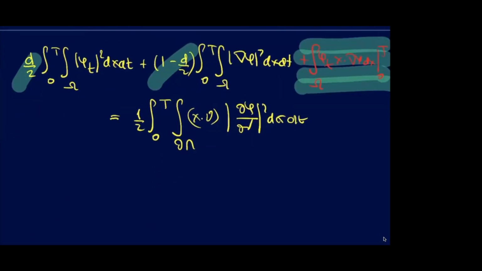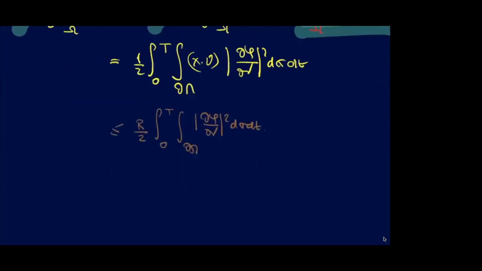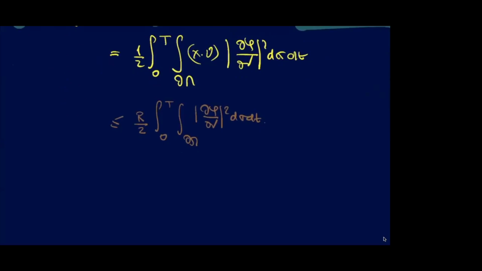Well, of course, the first remark to be done is, well, here I could also always say that this is less than r over 2, the integral over the boundary of the normal derivative squared. Right? So I can get rid of this multiplication factor. It is really not that important, right? I can get rid of this, because x times mu is constant. So why is that true? This is simply related to the fact that if you ask me to get a bound on x times mu, I know I have the Cauchy-Schwarz inequality.